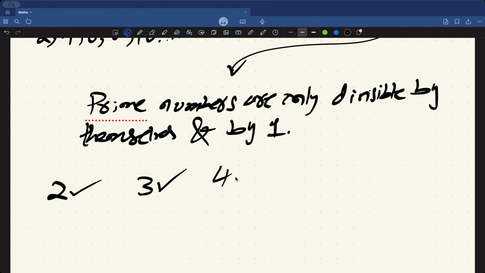How about 4? When it comes to 4, you can see that we can get 4 in twos, right? Like 2 times 2 is 4. And when it comes to 1,